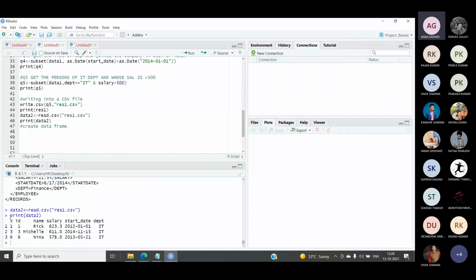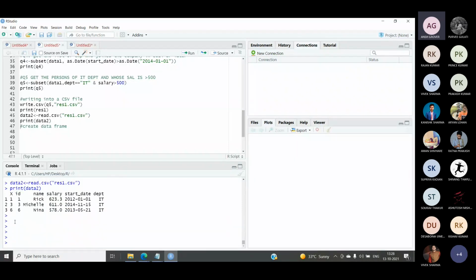But have a look at this. One additional field is coming. Have a look at the output. So in the output, you can see one column. This was the desired column. IT column was there. Name, salary, and all these columns were there. But one more column was coming in addition. That is the X column. So can anyone tell me what is this X column?